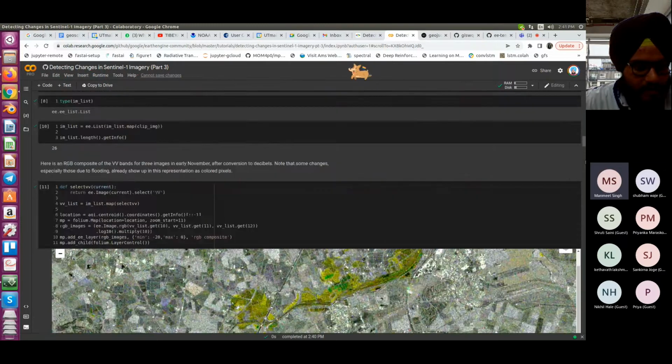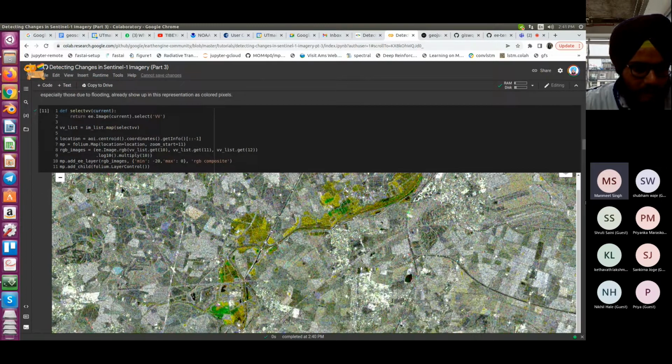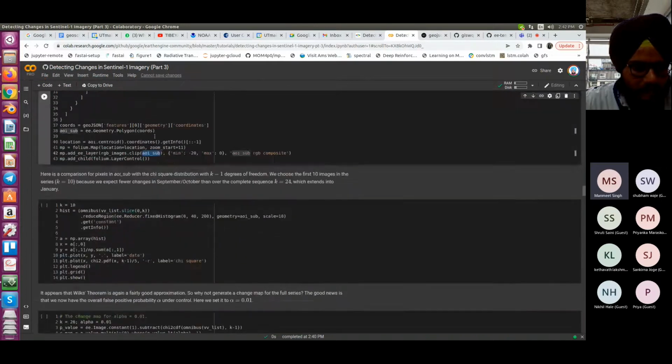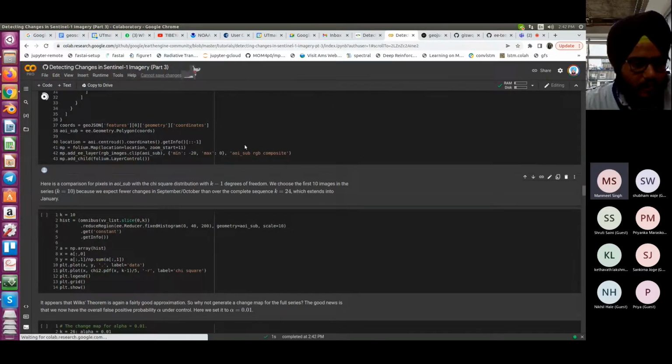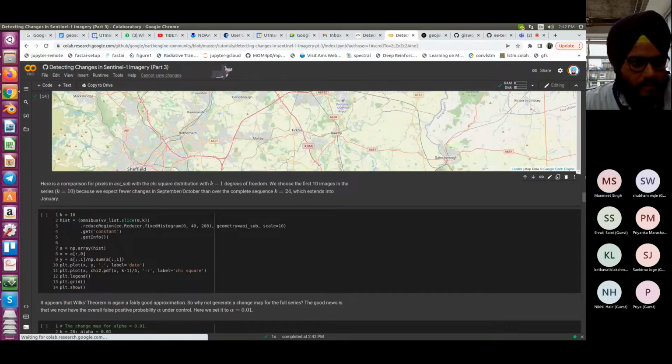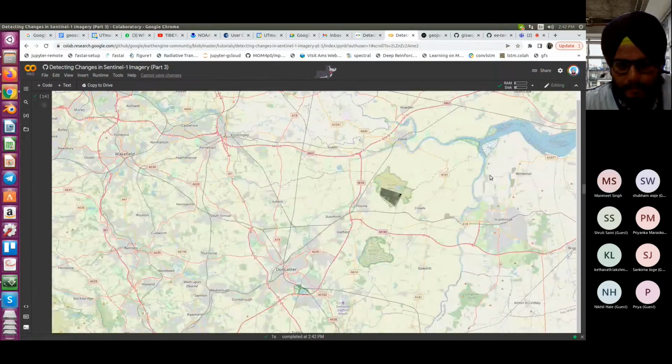Here we had defined e dot image dot rgb, the 10th, 11th, and 12th image, and you take 10 log 10 of the actual values. You define the visualization parameters in this dictionary and give it a name. Okay, let us see this. So we are plotting the